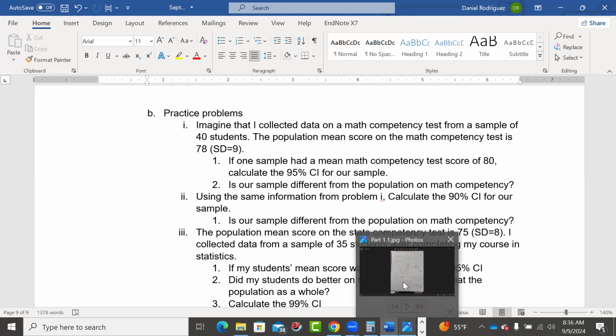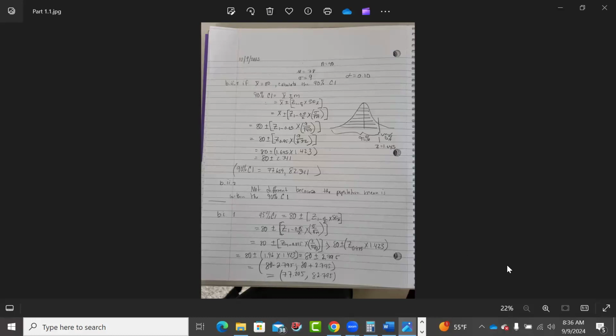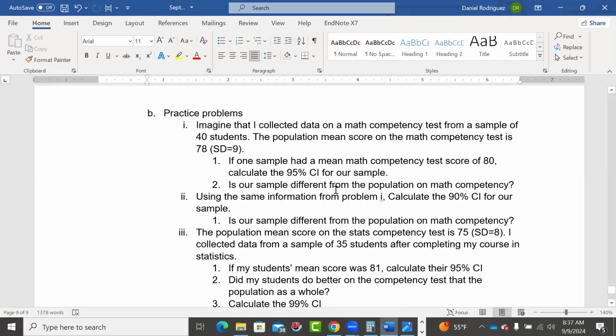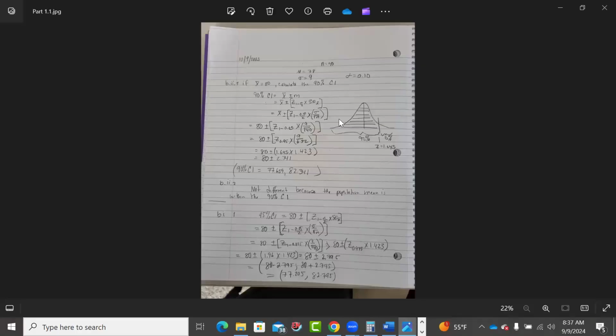Here I did it by hand. Should be able to see this fine. So we have a mean of 80. Let me just make sure I have the right values here. Okay, so calculate the 95% and then calculate the 90%. I think I did them backwards. So here's the 95%. With the 95% confidence interval, we have the mean is 80 plus or